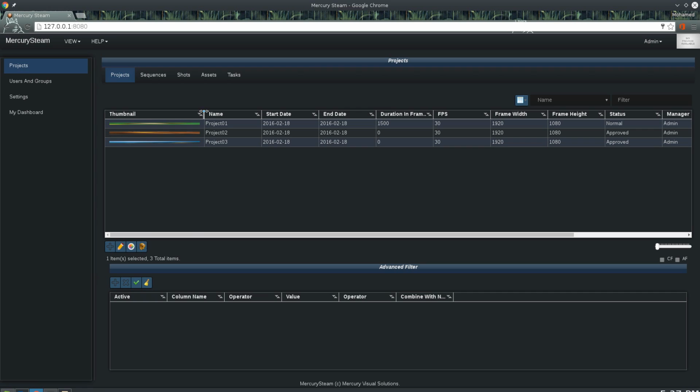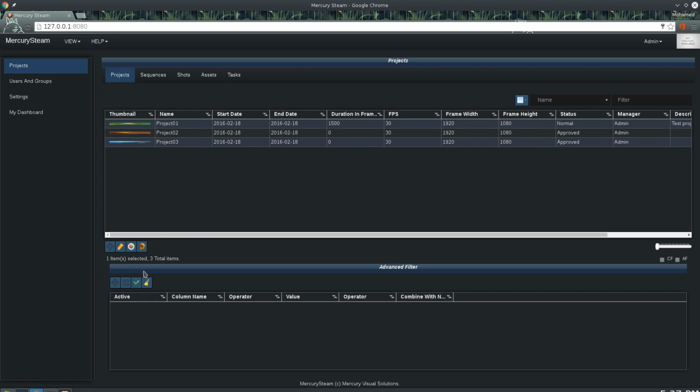For example, let's decrease row height for a bit. If I just want to filter projects with name project 1 or FPS equal to 25, I can create a new filter,